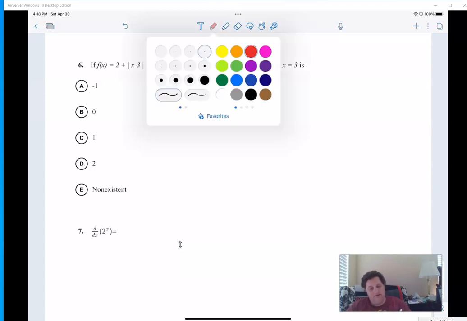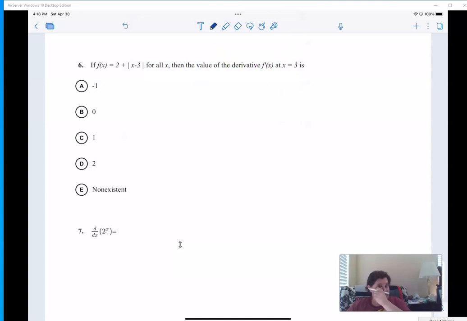Ooh, this is an interesting one, you guys. We have not talked about how to take derivatives of absolute value functions. So there's a couple different things I'm thinking here, because you really can't take the derivative of an absolute value. One thing I'm thinking, though, is what if we were to just graph it? Like, I know if I want to take an area for an absolute value, I definitely want to graph it. The other thing we could do is we could check both sides, right? We could check the derivative on the left-hand side by, well, basically by switching the signs of that. And then we could check the derivative on the other side by